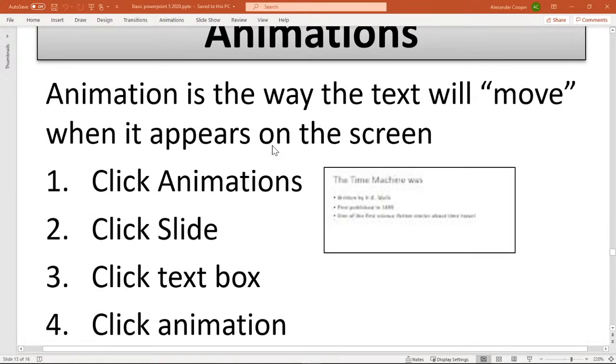One thing you can do is you can actually add animation. This is one of those things where some people will overdo it as well, but it's okay.